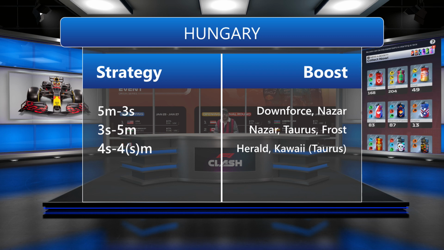If you want to bet on corners, on overtaking other drivers because you are getting through the corners better than them, then you go with Kavai. Alternatives, you know, Vice, Hook for Herald, or for Kavai, it's Jin, Tunin, Oud. But